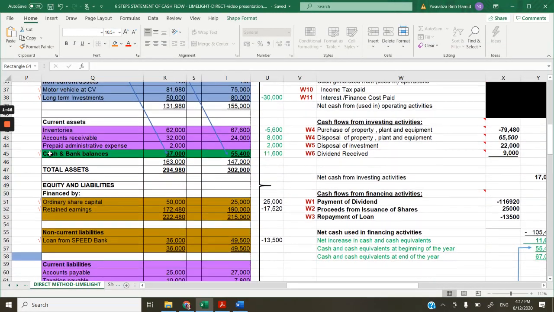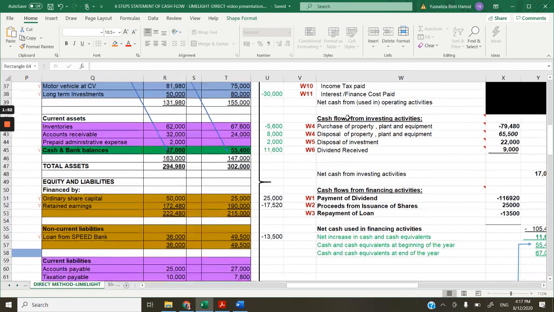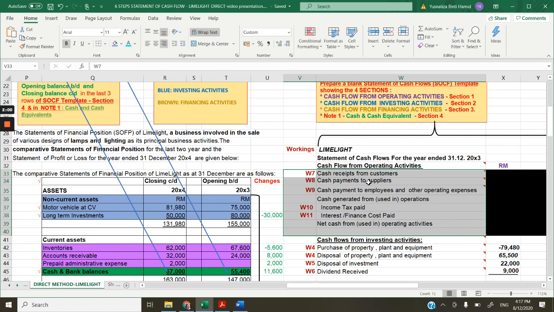The reason is that this relates to the cash flow from operating activities that we have not yet finished doing, right? So we're trying to find out the items in this cash flow from operating activities section, which is section 1, the last section that I am discussing, because I go bottom up, as I said. So I'm going to find out the first item, and that is done as working 7, which is